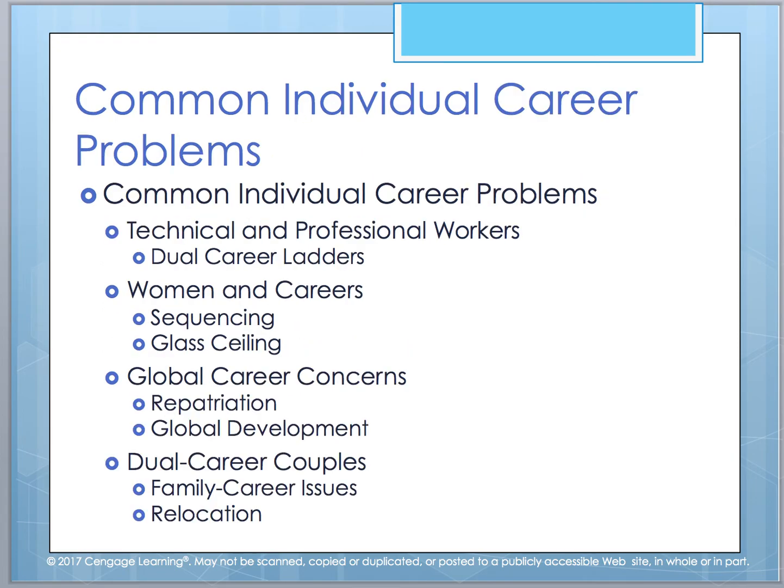Some common problems that come up for individual technical and professional workers are dual career ladders that you face. Women have concerns when it comes to careers. You have the glass ceiling, sequencing, and global career concerns. If you're a repat, there's global development that has to be factored in. And then when you have couples that have dual careers and they're trying to balance family and career, and if they have to relocate, what if one spouse got a promotion and the job requires them to relocate? How does that impact the other